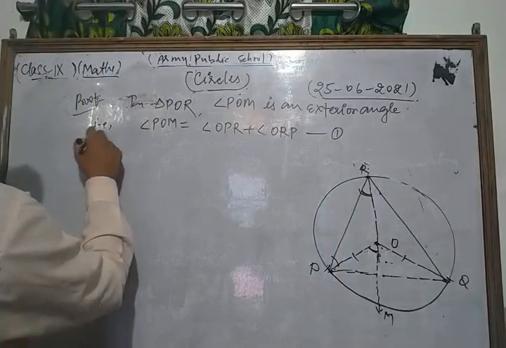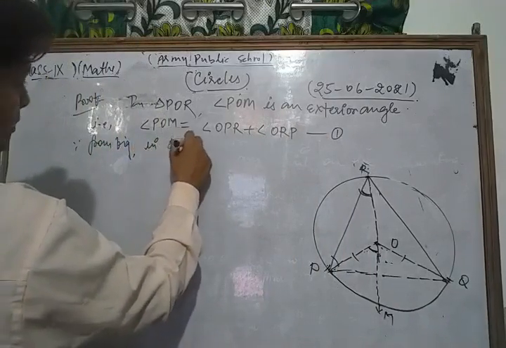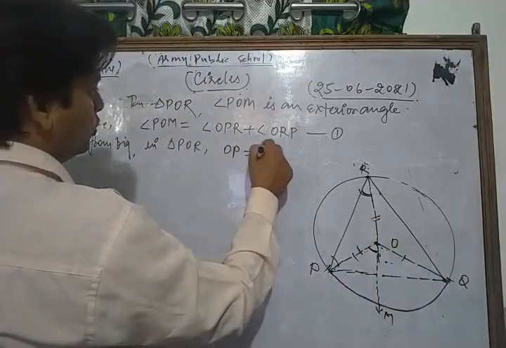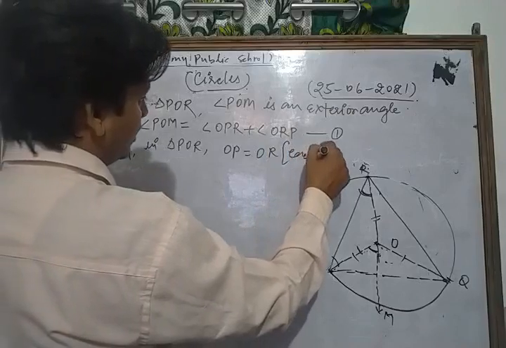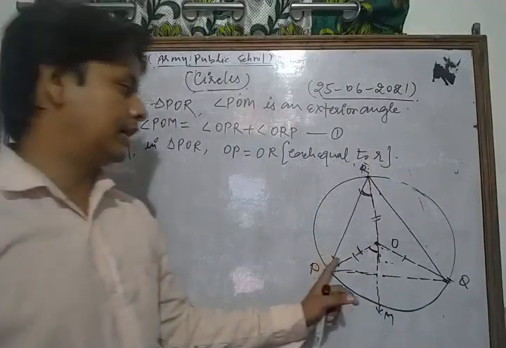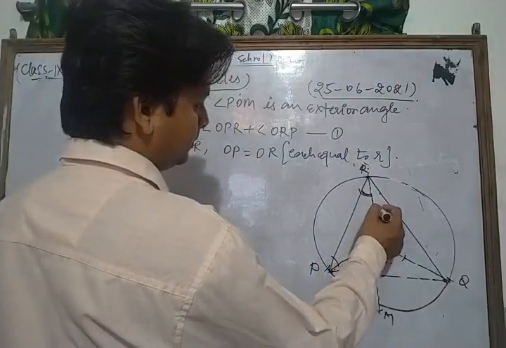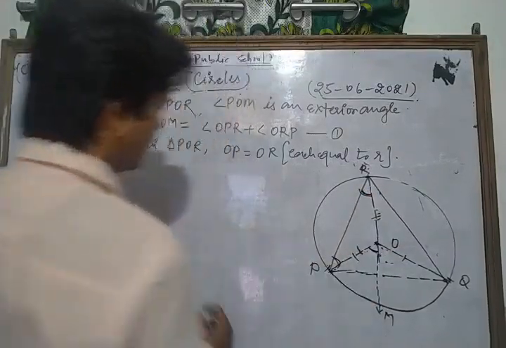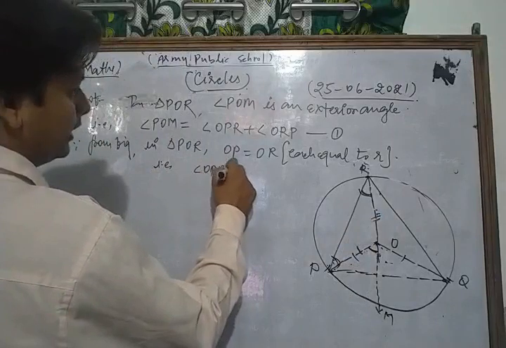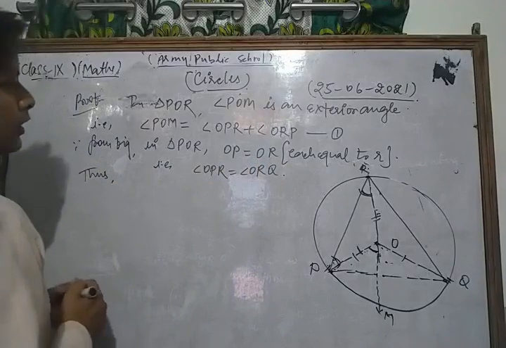Since, from the figure, in triangle POR, OP is equal to OR, because each is equal to the radius R, and we know that the angles opposite to equal sides are equal. So angle OPR is equal to angle ORP. Thus from equation 1,